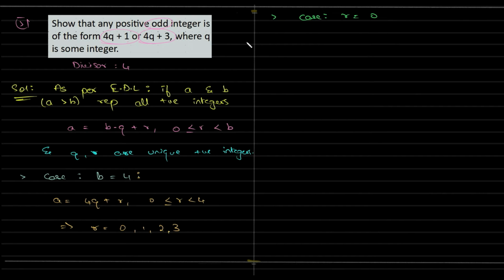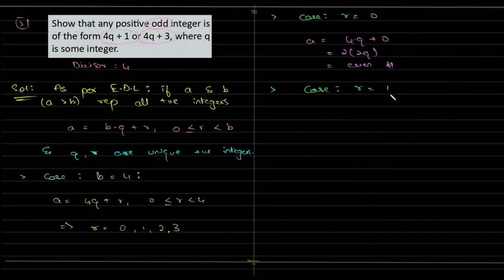Then we have A is equal to 4 into q plus 0, which is nothing but 2 into 2q, which is nothing but an even number, right? Because 2 into something is an even number. Next case,